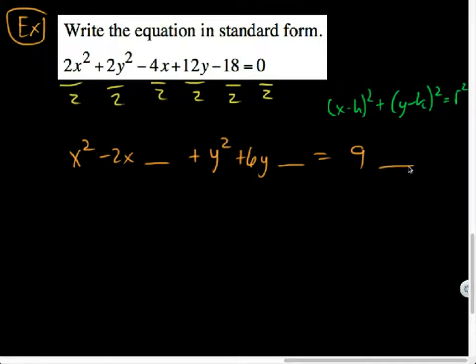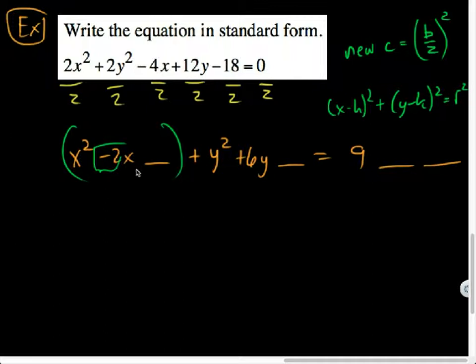And then, ready for this? Blank, blank. So, here we go. I'm going to have to double complete the square. So I want to make this a perfect square trinomial and this a perfect square trinomial. How do I do that? I need to find my new c, which is equal to b divided by 2 all squared. So for the x's, I'm going to take the b term of that quadratic, divide it by 2 and square it. So let's do that. Negative 2 divided by 2